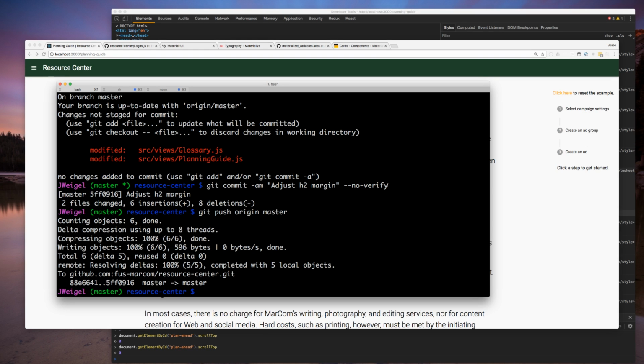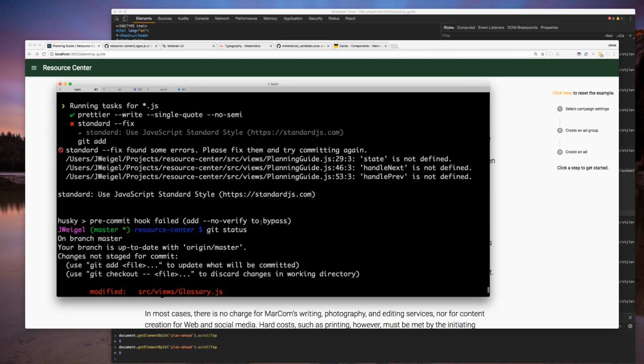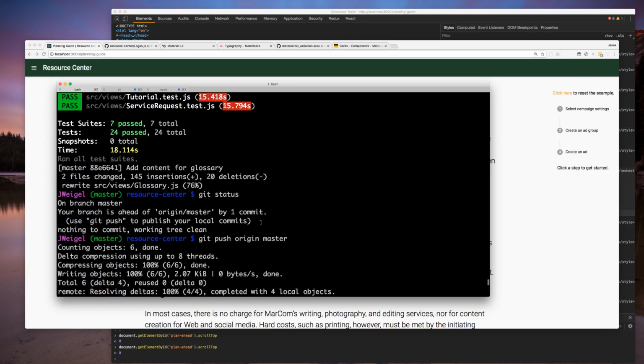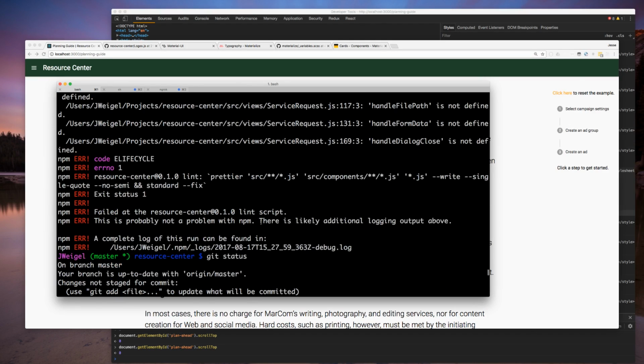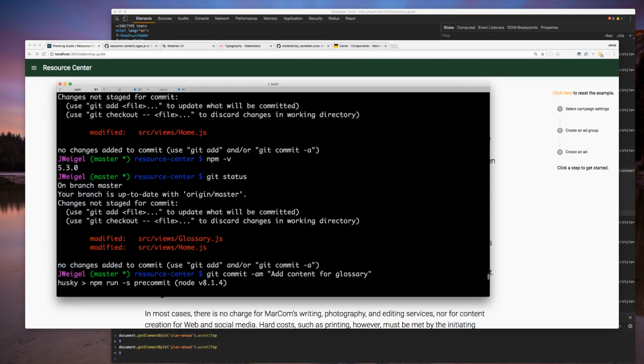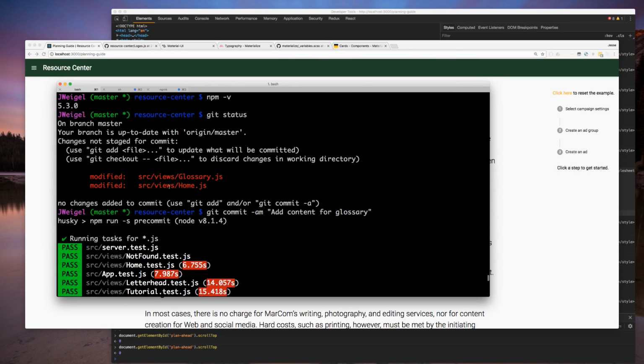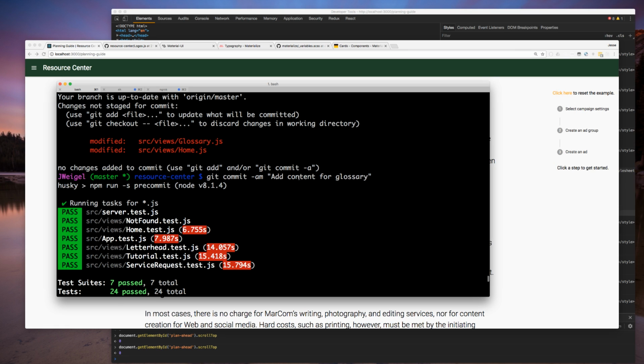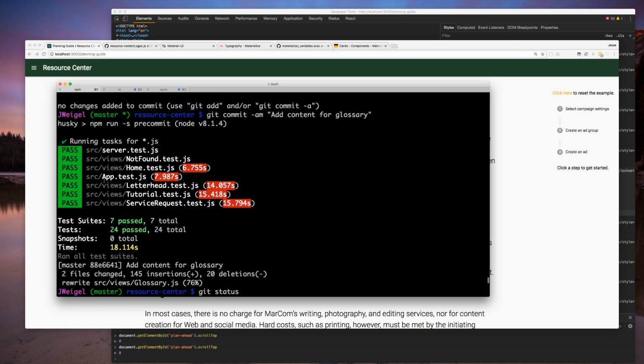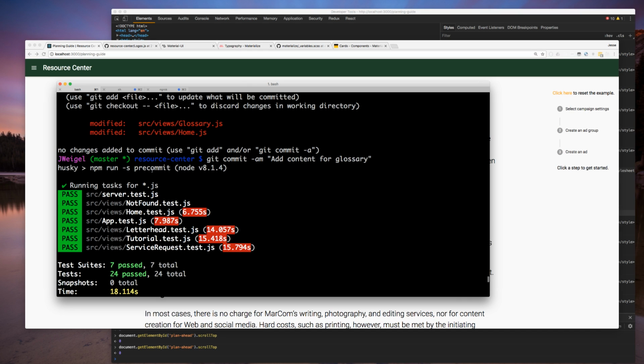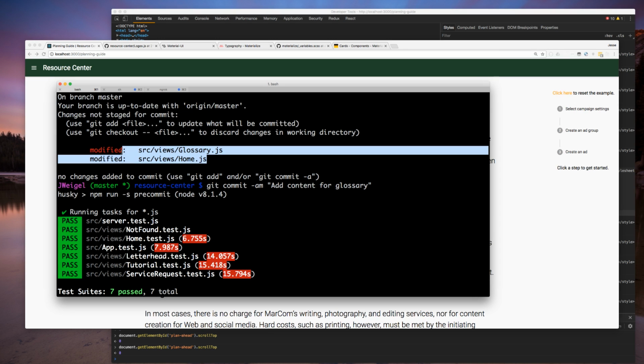So if you edit a file that doesn't have any of the property initializer syntax, it will pass the test. So you could see, I changed this glossary and home, right, and I committed that and everything worked. That's because standard JS is only checking the files that had changed. So the only files that changed were these. I'm not using that syntax, so it works. And this explains why